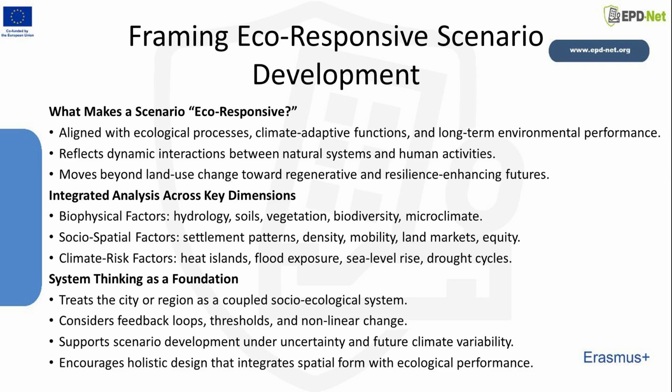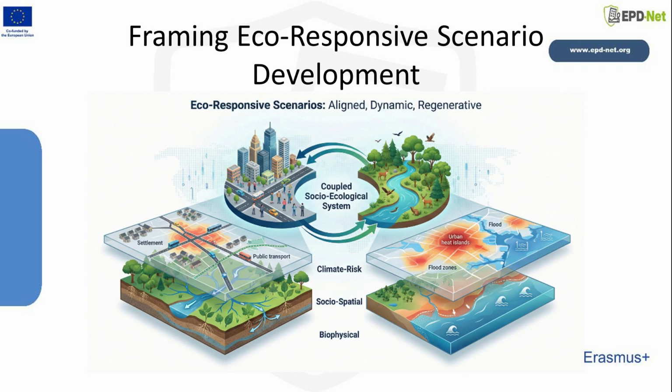Eco-responsive planning relies on clear workflows because ecological systems, urban processes, and climate dynamics interact in complex and often nonlinear ways. A well-structured workflow helps planners move systematically from environmental data toward actionable spatial strategies, ensuring that decisions are grounded in scientific evidence rather than ad hoc interventions. By clarifying the sequence of analysis, design, and evaluation, workflows also support transparency, interdisciplinary collaboration, and adaptive learning throughout the